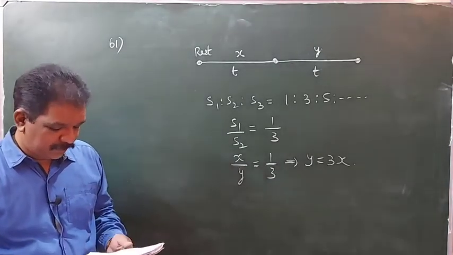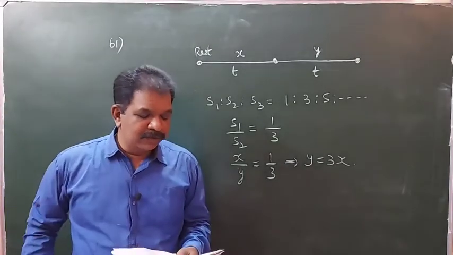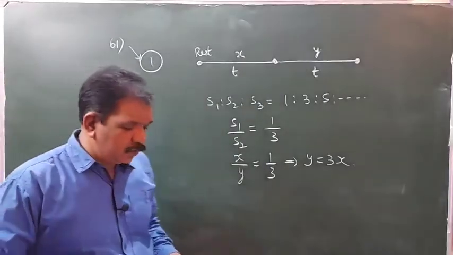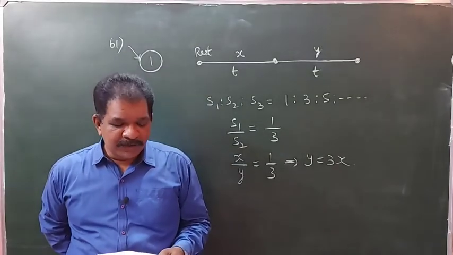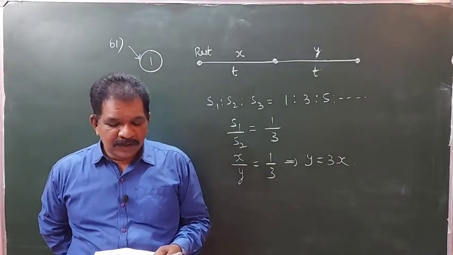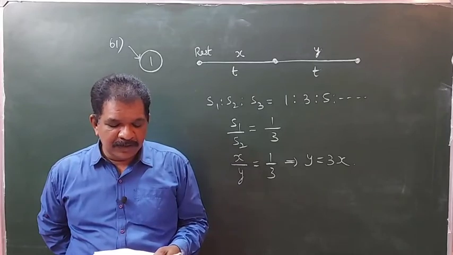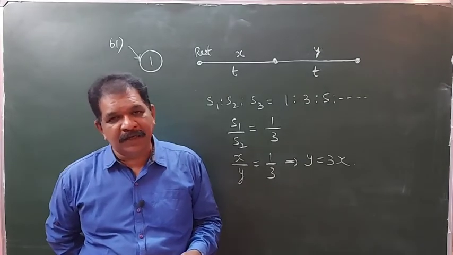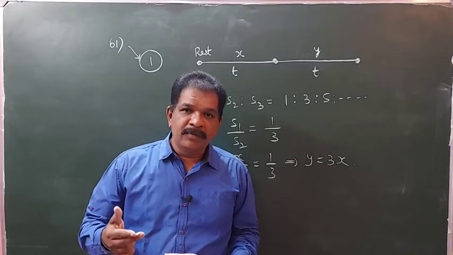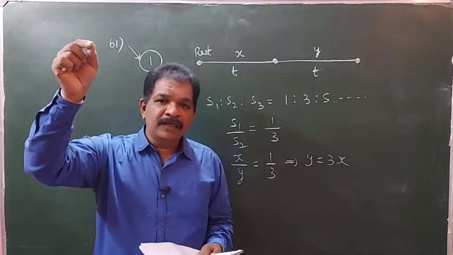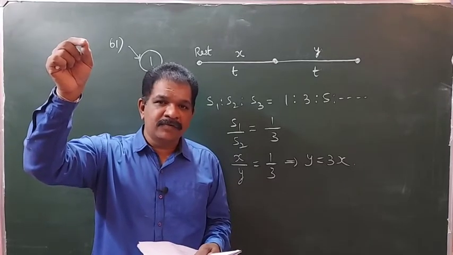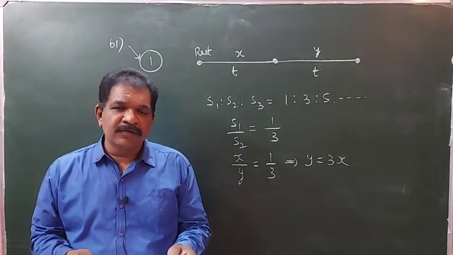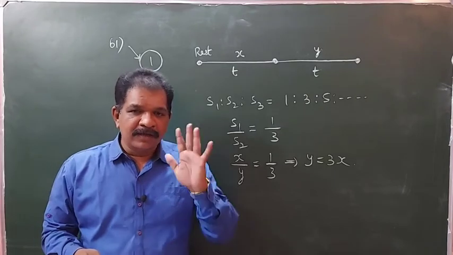So 61 will be the first option. Question 62: which of the following statements is not correct? The zero velocity of a body at any instant does not necessarily imply zero acceleration at that instant. Correct. For a vertically projected body at the highest point, velocity will be 0, but acceleration is equal to g. It is not equal to 0. The first statement is correct. They are asking to find the wrong statement.